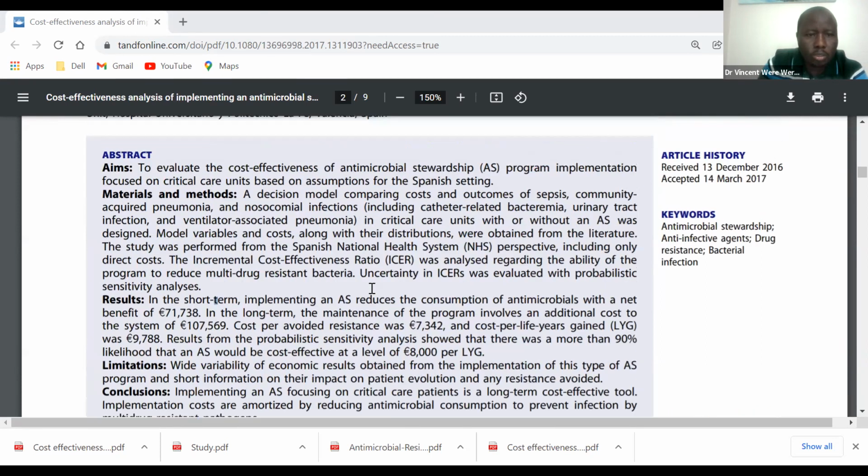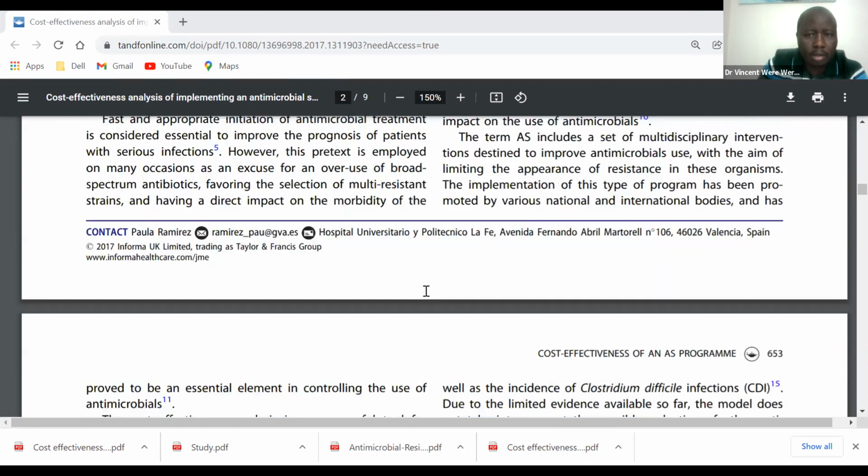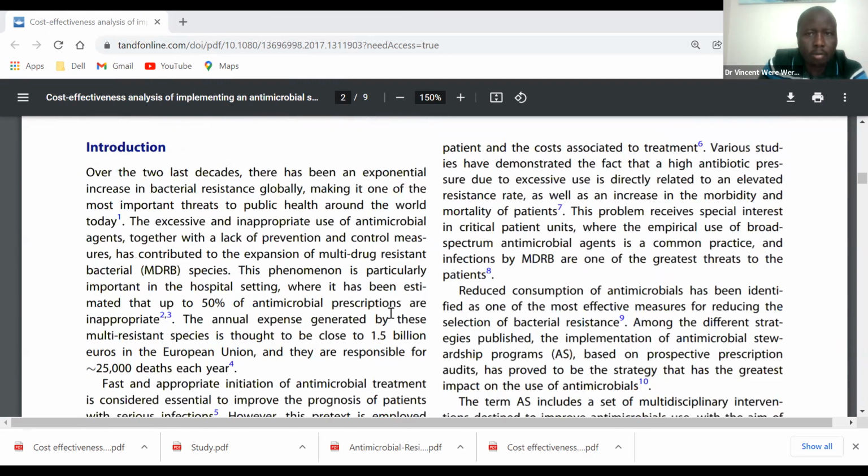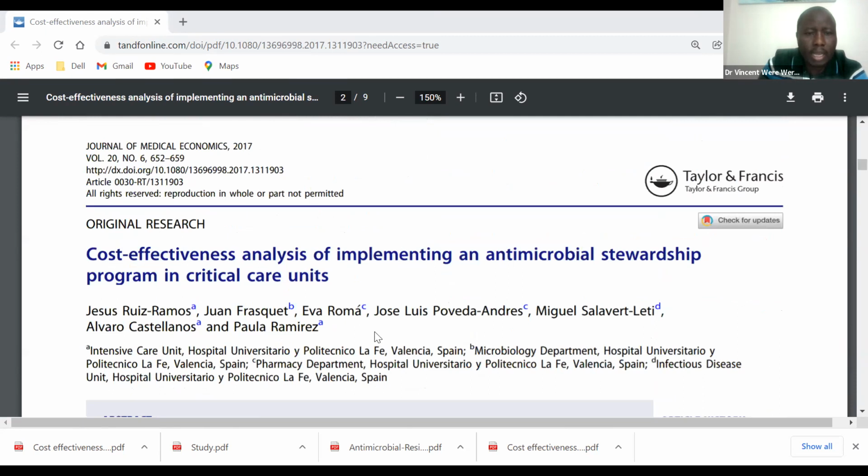However, today I will not present about antimicrobial resistance. I want to give you an example of a COVID cost effectiveness analysis. There's no difference in this paper, and I hope this is okay if I present on COVID. Is this okay? Yes, Doc, very much okay. Go on, please.